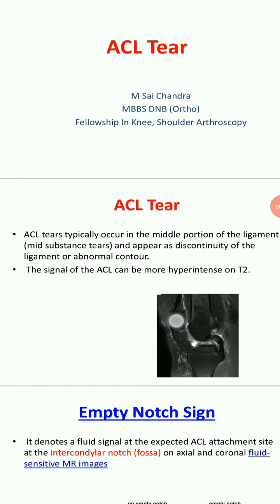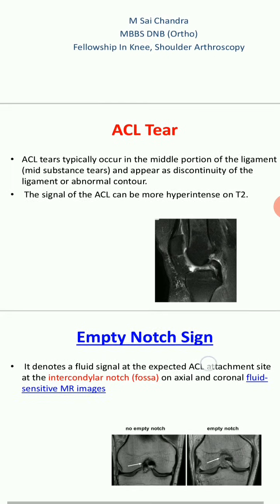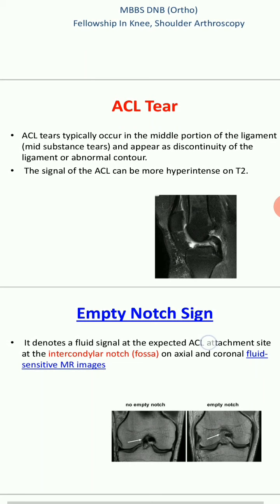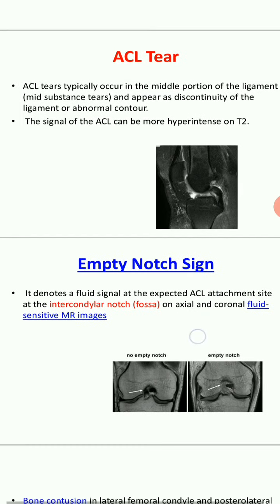In this video, we'll be talking about how to diagnose an ACL tear on MRI. As we know, an ACL tear can happen either at the tibial attachment, mid-substance, or femoral attachment. The majority of the time it is a mid-substance tear. A hyperintense signal in the ACL on T2 can be diagnosed as an anterior cruciate ligament tear. Sometimes the tear is so obvious,